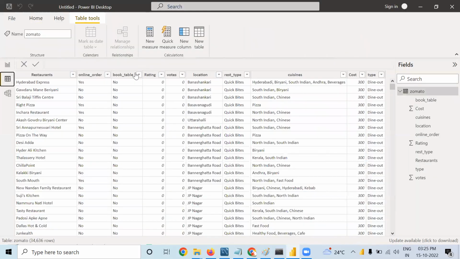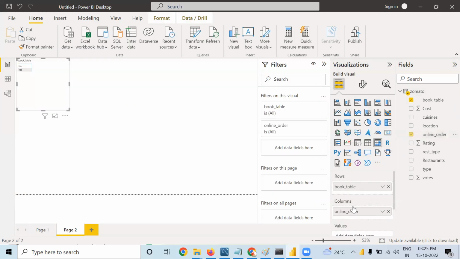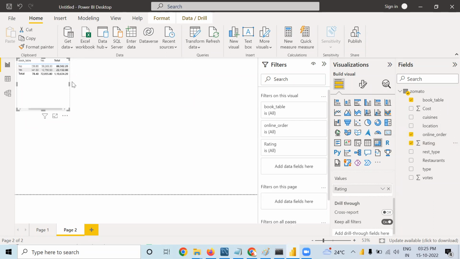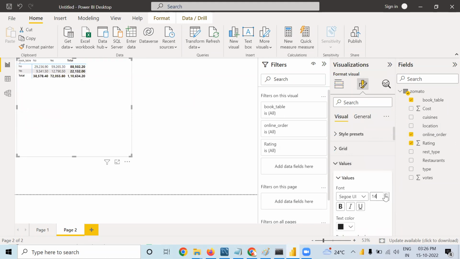Okay, here you can see regarding book table, no and yes, and regarding online orders, no and yes are the two different unique values. So I'm taking online orders with it in column. Okay, now when I'm putting this ratings in values, then you can see, I'm making it more big with the help of format option. Okay, values, so that it is more visible to all of you,